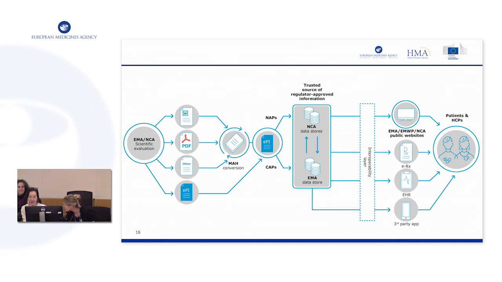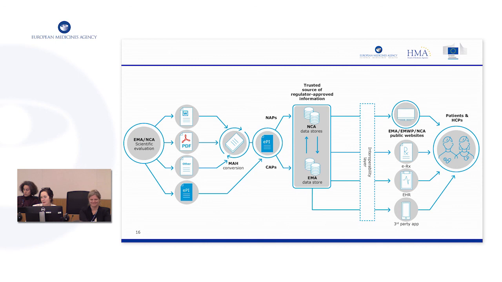And I think the idea is that we have foreseen two possibilities: the NCA has the scientific evaluation, and there is the possibility of having EPI from the very beginning of the evaluation, so that once the evaluation is concluded, the outcome is EPI in the electronic format of the product information. Or, during what we have been calling the transitional period, the evaluation will continue as currently done with Word and PDF, and then the outcome, which is a Word document, is converted into electronic product information by the company.